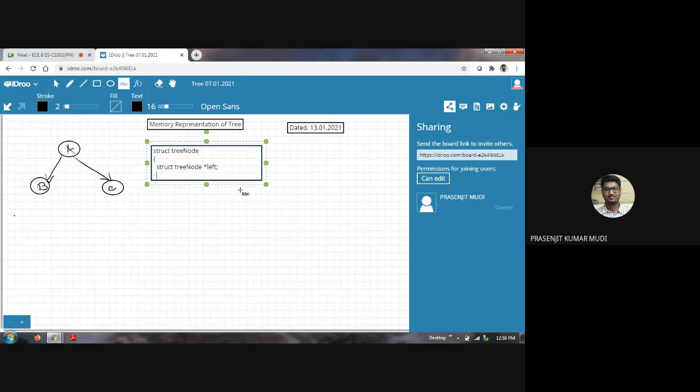In this case you can store a char value, char data, or you may take an int data like you have done in single, double, and circular linked lists. Then struct tree node star right. This could be a possible structure definition of a node in a binary tree.